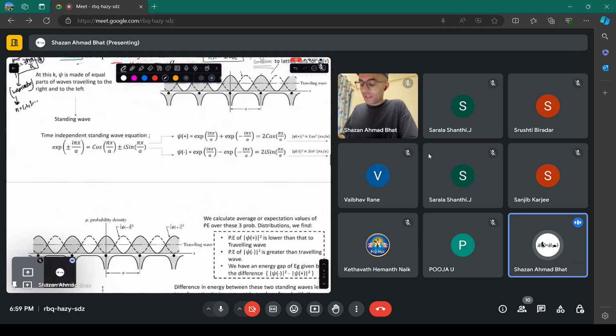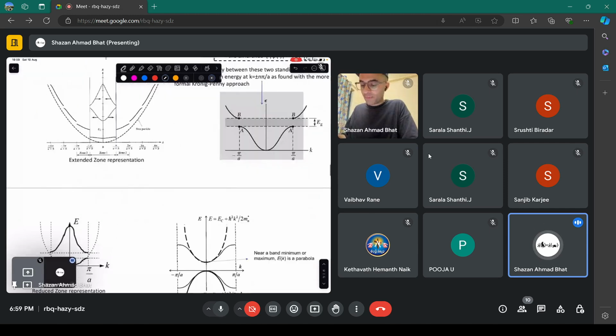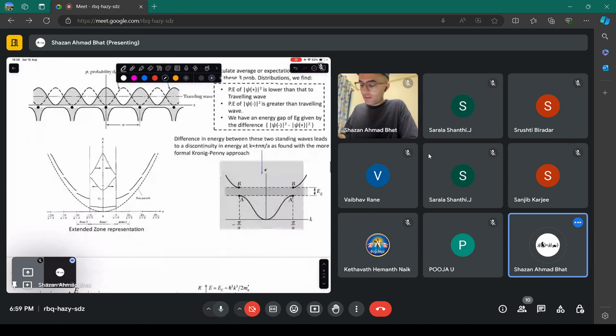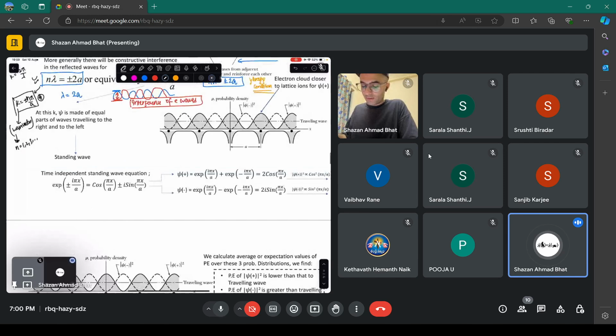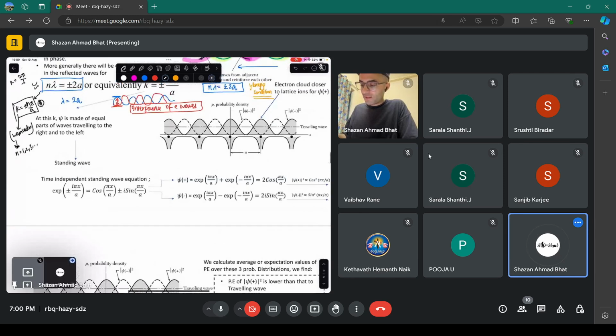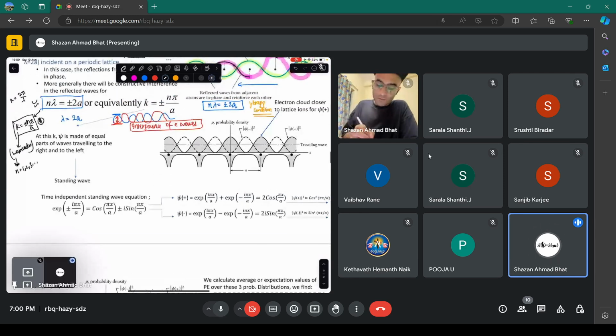Let's skip this particular portion here, but this is the explanation that I'm trying to give. Maybe I will be able to explain this. Okay, up to this part you get a discretized k. Now,